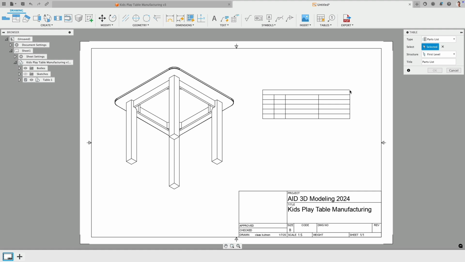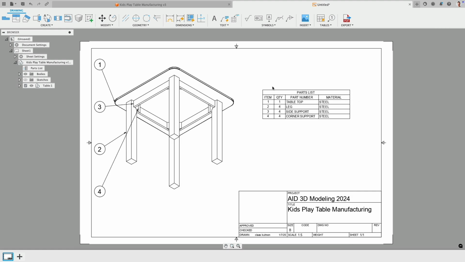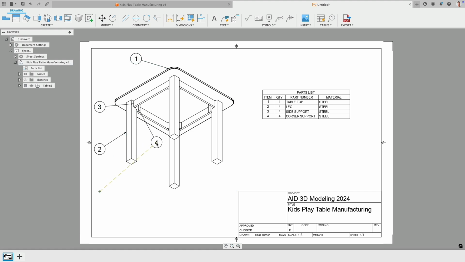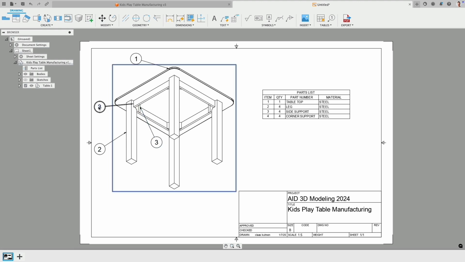And there we are. We can just simply click OK. And look at that. We create kind of like a list with all the different parts. So these are items 1, 2, 3, 4, the quantity, what each part is, and for example, the material. So 1 is the table. These balloons we can move around to organize visibility a little bit better. For example, there, maybe go to there. Maybe this one we move to here,